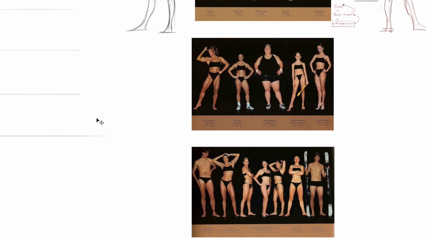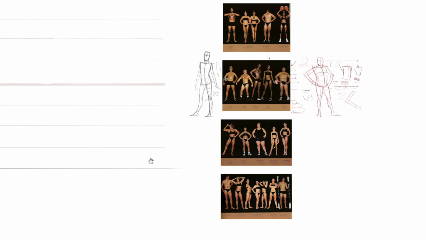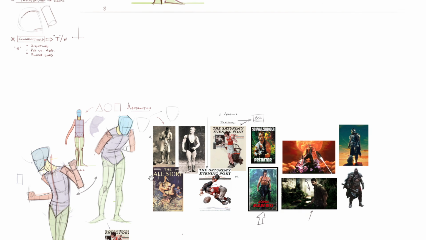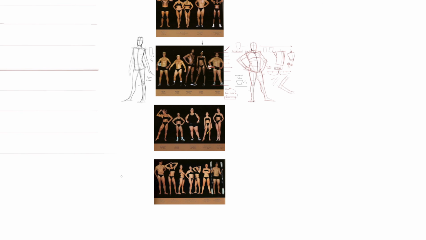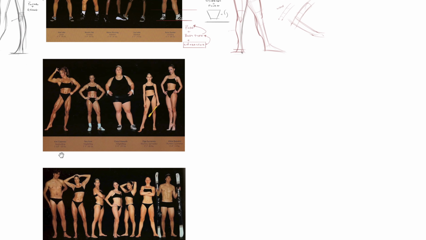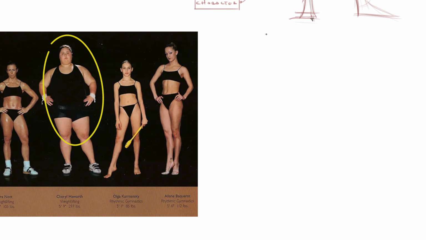Let's try, so what have we done? We've done basketball, wrestler, and then two body types that are a bit more slight. Let's try the weightlifter, okay? So weightlifter here is a body type with a little bit more heft to it, maybe more subcutaneous fat in